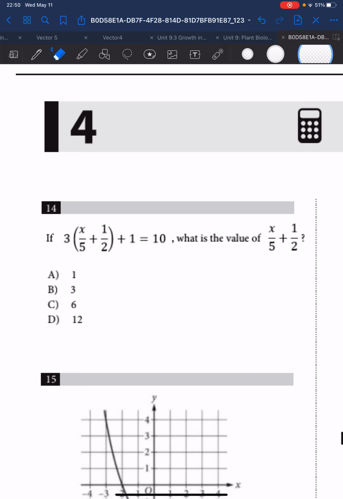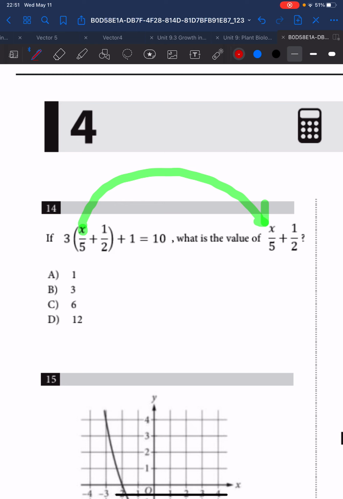Hello everyone. Question 14. If 3 times (x over 5 plus 1 over 2) plus 1 equals 10, what is the value of x over 5 plus 1 over 2? Okay, so the first step is that we want to find the x value, right? This x value. And then once we find the x, you have to substitute this x into this x and find the value of the whole. Okay, so